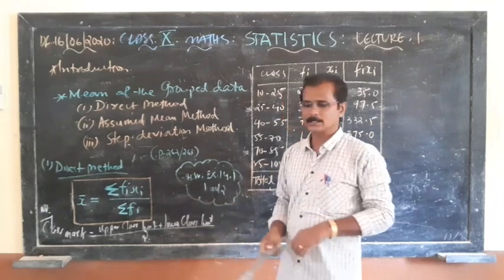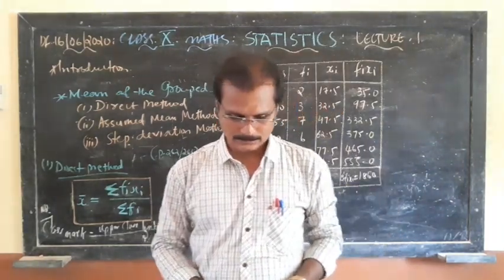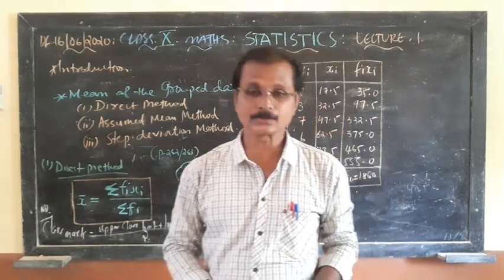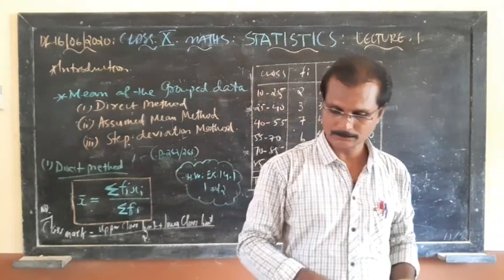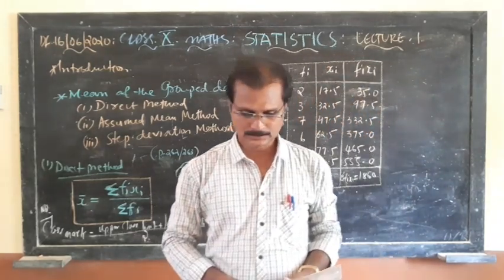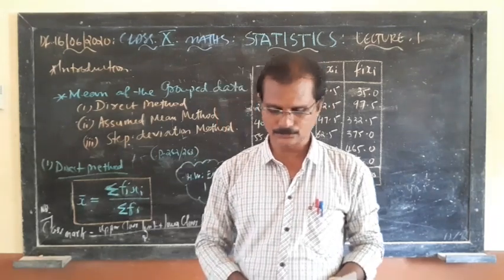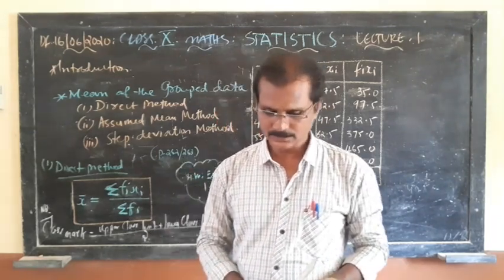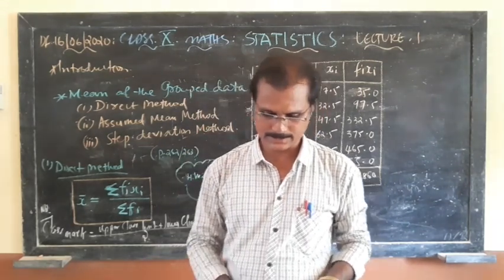Okay. Now the first question. Find the mean. Look at question number 2, table number 14.2, page number 262, which I have shown you. Class interval 10 to 25, 25 to 40, 40 to 55, 55 to 70, 70 to 85, 85 to 100.